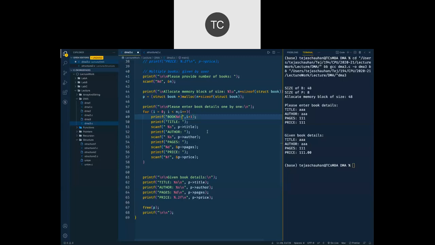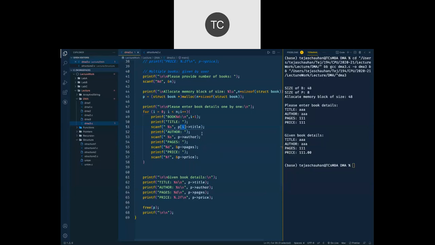And let us have a new line at this place. So book 1, title, author, pages, and price. Then second time we'll say book 2, title, author, pages, and price. That's how you are going to iterate this thing. Now when you are iterating it and you want to access those elements of structures, what you need to do is you need to go for P of I here, right? We need to go for P of I.